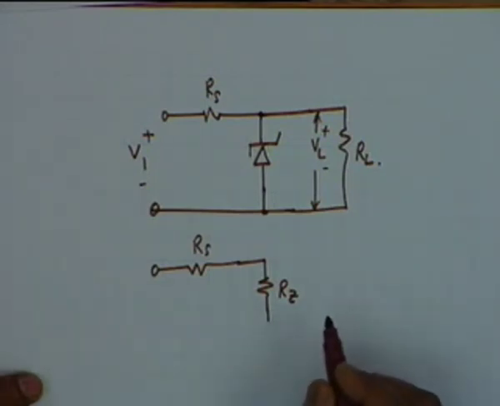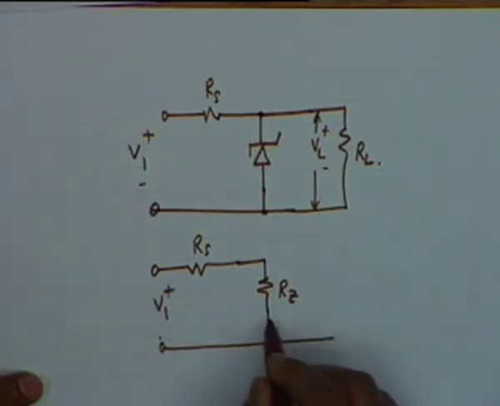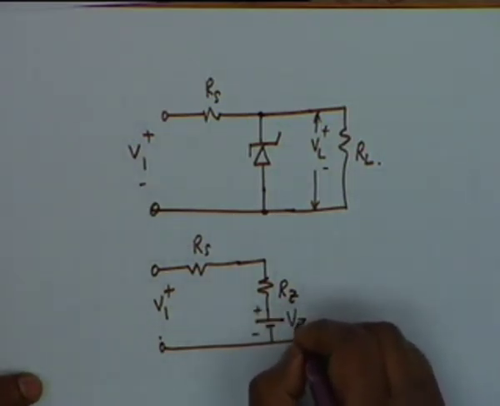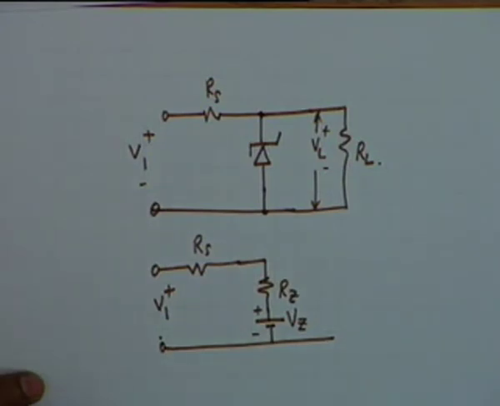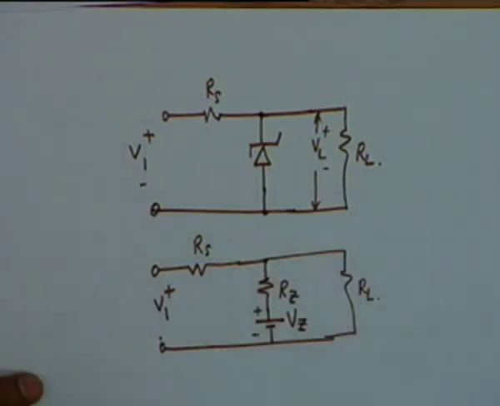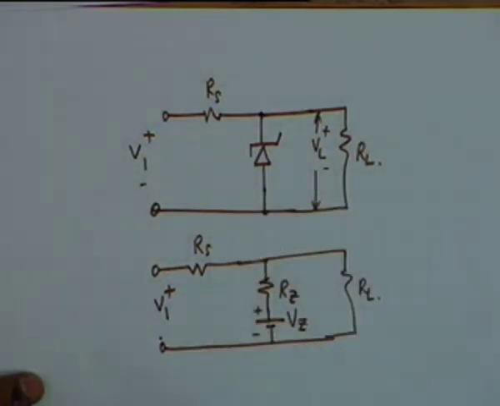In which polarity? Plus up or minus up? No. This is VZ, let us say, the Zener voltage, the breakdown voltage. Instead of VB, we say it is VZ, and then you have the load RL. Oh, the diode obviously conducts, isn't that right? Otherwise current cannot flow. That is an ideal diode, so it represents a zero resistance, short circuit. So you have not introduced the diode. If you so desire, you include a diode, alright.